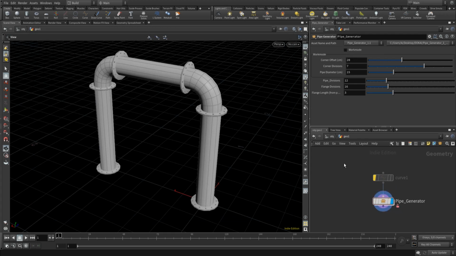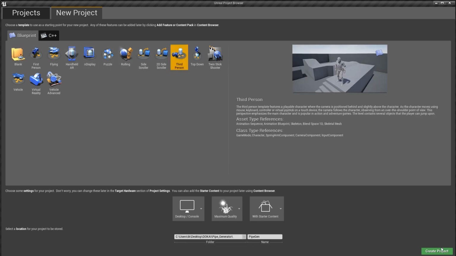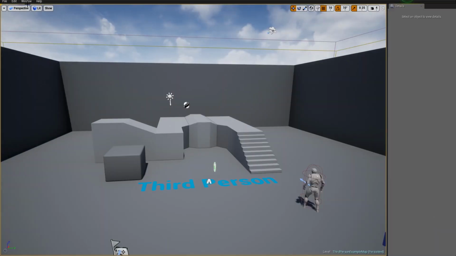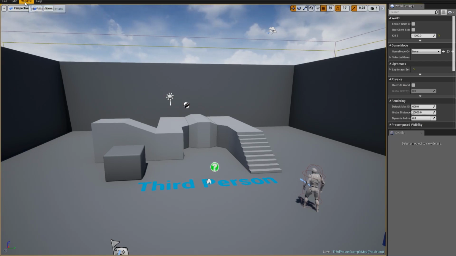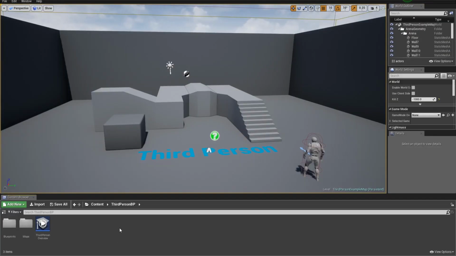Okay. So right now, for me, the next thing to do is to jump into Unreal, and I'm going to create a new project, and I actually want to walk around my asset and all that stuff. So I'm going to look for our third person. I'm going to create the project. I'm just going to set to Windows so I can actually see what I'm doing. Okay, so in this